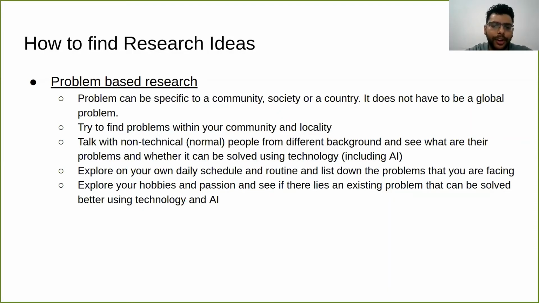We first identify the problems that we can solve, then based on that problem you can try to formulate a research idea that you can use to solve it.